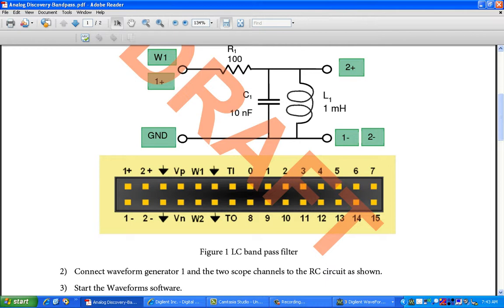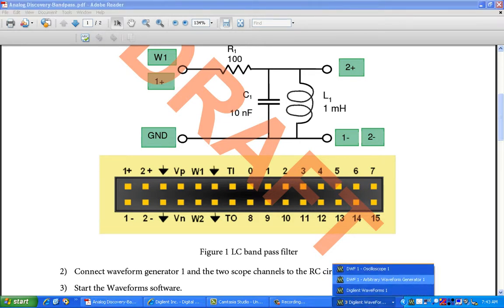Now let us capture these signals with the help of our Digilent WaveForms oscilloscope, and also try to vary the frequency of the input signals with the help of the arbitrary waveform generator source.